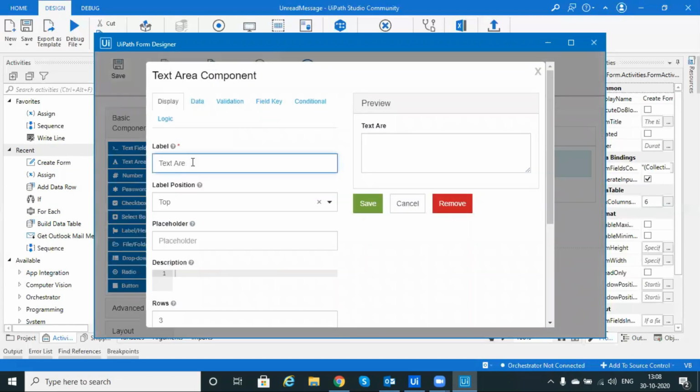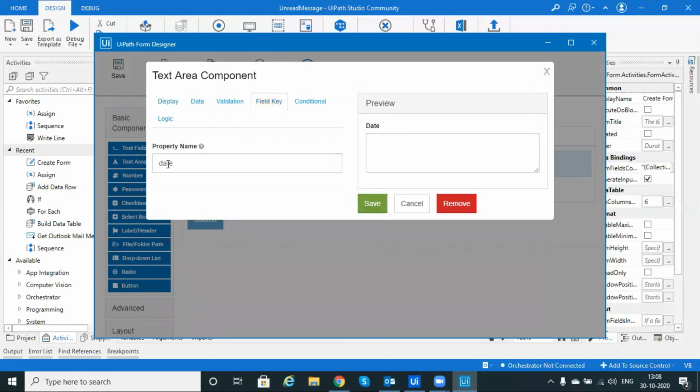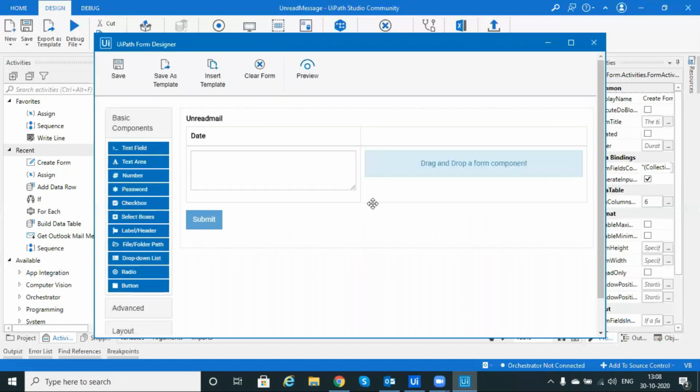Save it. After that we will go to Basic Component, Text Area, and here we will mention date. In Field Key also we will mention date. Save, and save from here also.